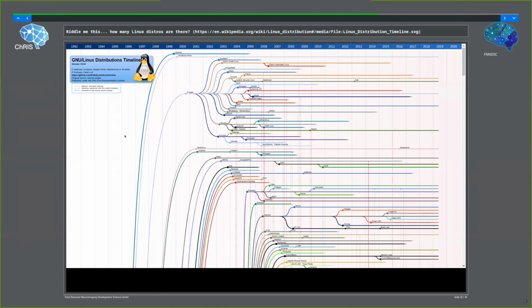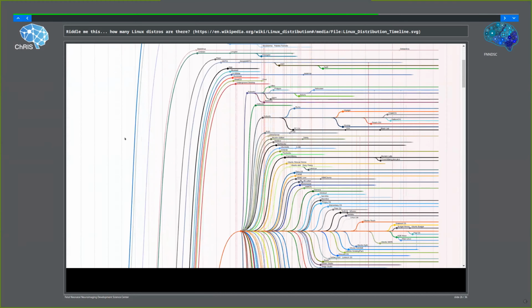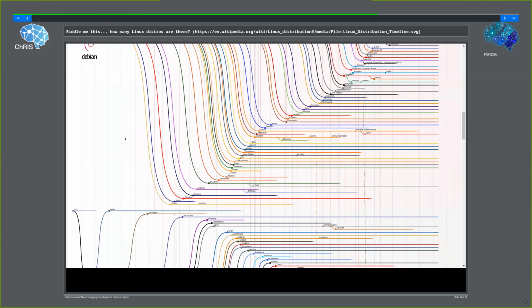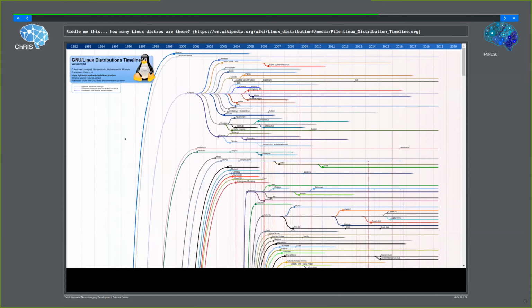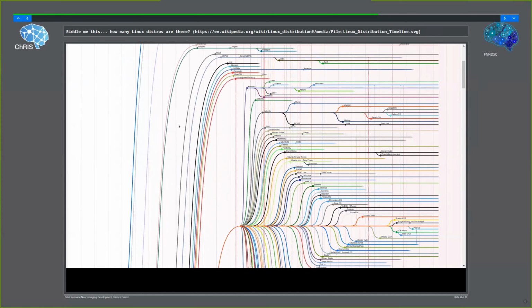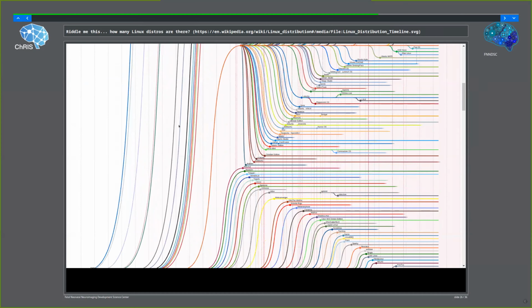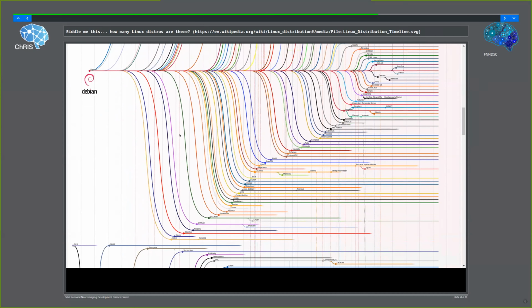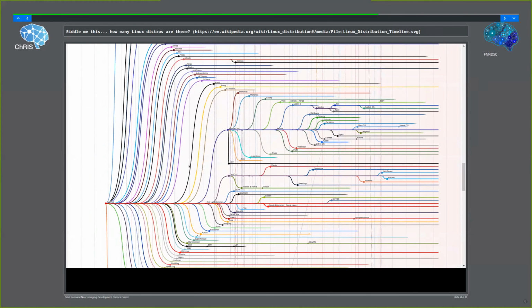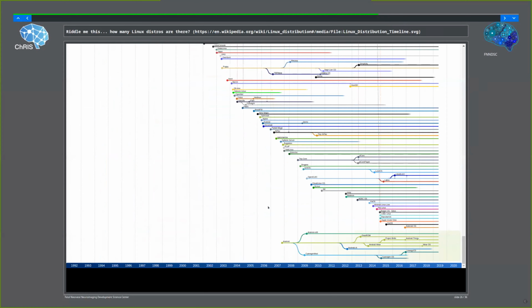Well, here's a quick chart of probably the most famous open source project, the Linux distribution or Linux kernels. And here we just have a quick taxonomy over time of how many distributions exist. I think at last count there were 1,000 plus, right? A lot of them are derivations of a couple of core distributions: Debian, Slackware, Red Hat over here. And even at the bottom, we have Android as a sort of bona fide Linux distribution.